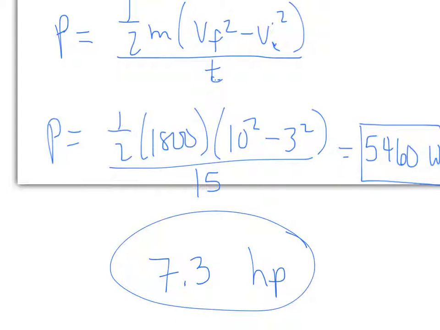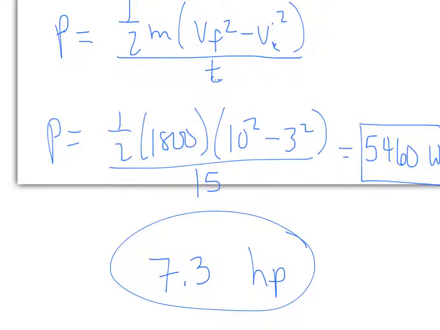So, let's think about this for a second. Reasons why it's such low horsepower. Reason number one, you're only going from 7 miles an hour to 20 miles an hour. So you're not really changing velocity much. Had the final velocity been larger, say you were going up to like 70 miles an hour, instead of this being a 10, this would be a much bigger number, therefore giving you a much bigger amount of power. Second reason, time. It would never really take you 15 seconds to go from 7 miles an hour to 22 miles an hour. 15 seconds to do that means you're literally just touching the gas. You're barely accelerating at all.